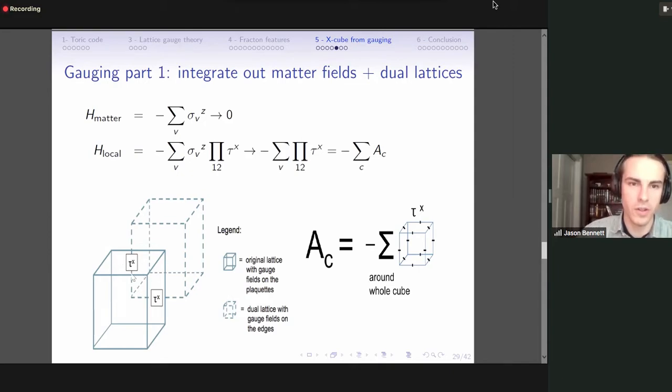So the result of this is that my gauge fields that were on these plaquettes on the sides of my cube are now along the edges, just like they were in the toric code. The things are along edges now. And if we envision also integrating out the matter fields, kind of doing two steps at once here,